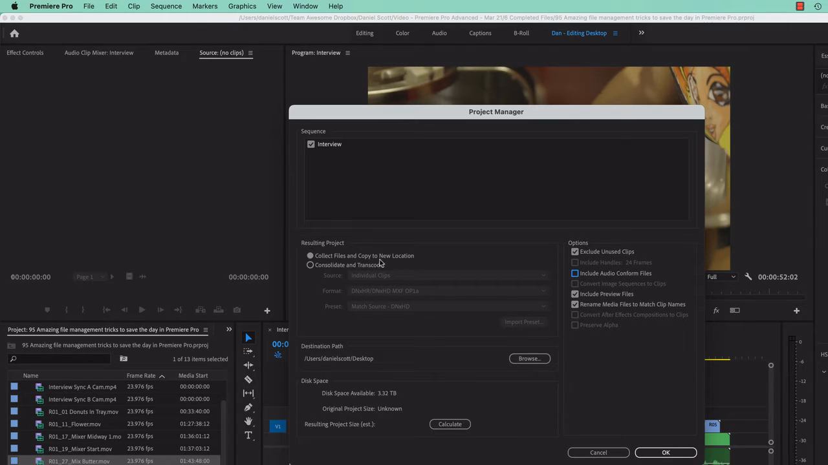Collect files to a new location. So you're going to have a copy. That's the big one. It's going to collect them and copy. So you're going to have duplicates of all of this. It's kind of a way of getting it off onto a backup drive. That's what I do. Okay, so you collect it all, stick it onto a backup drive, and then you don't